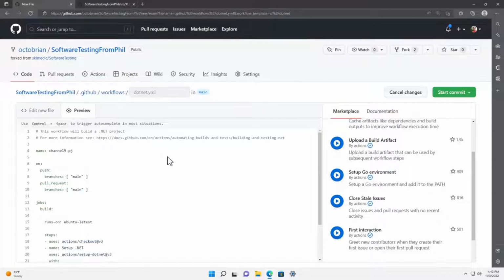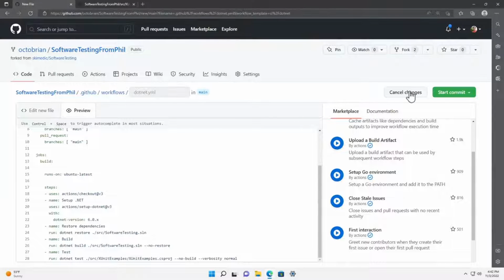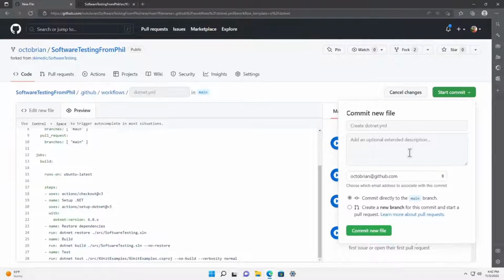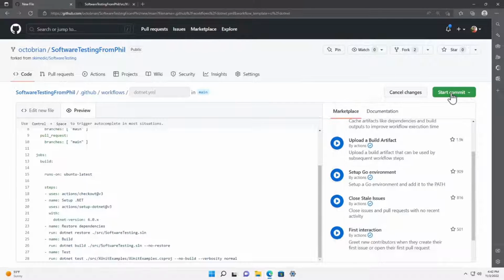But at this point, we should have enough. If we take a look and say, okay, this is what our workflow is going to look like, let's go try it out. The way this works in GitHub Actions is we're going to save the file and commit it into the repo, into a special folder that the Actions engine knows to look in. So we'll click Start Commit, and I'm going to be wild and crazy. I'm just committing straight to main. Normally we do a pull request. That's good practice, but that's a whole other discussion we could have later.